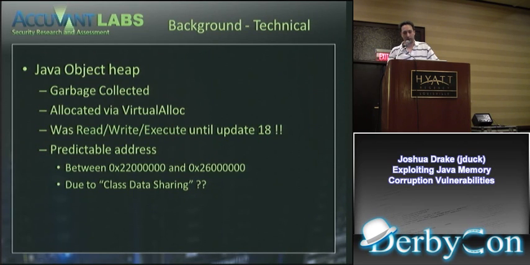In Java, at some point along the way, I think in 1.5 somewhere, they decided that rather than JITting and doing all kinds of other stuff every time they started up Java, I guess Java was too slow to start, kind of like Metasploit, they were going to take a whole bunch of pointers and stuff, not actually the Java object heap, but a different area of memory, and save it off to disk in a file, and then every time they start, they just map that file into memory. That's really convenient, but it creates a situation that's not good.